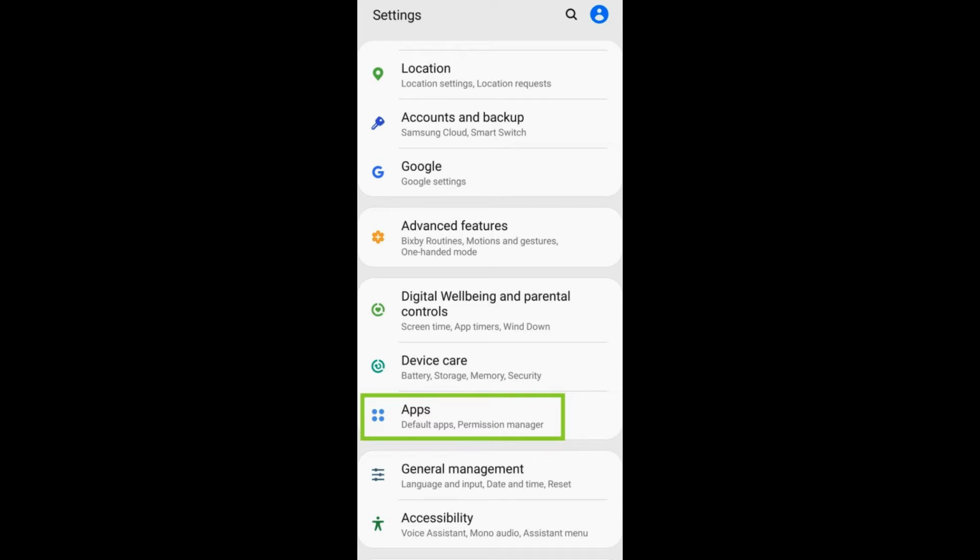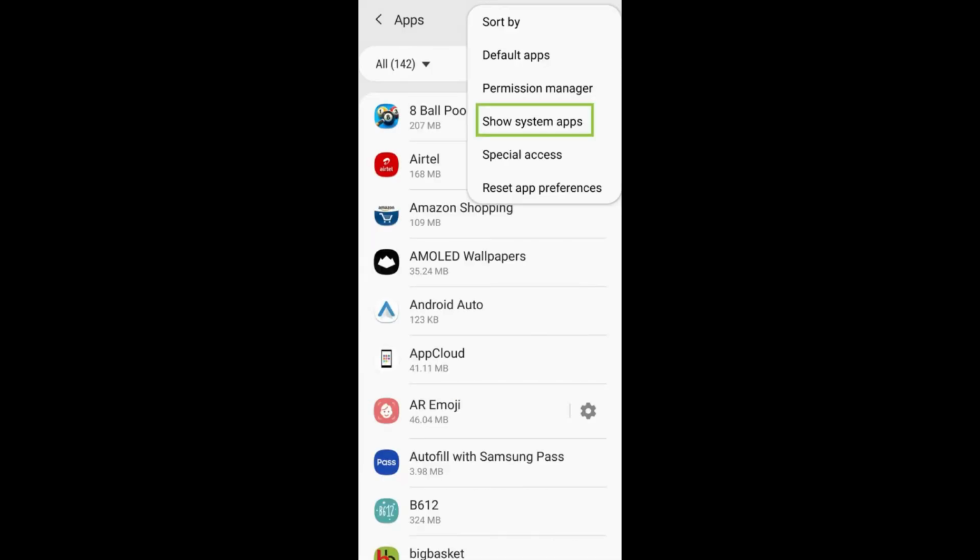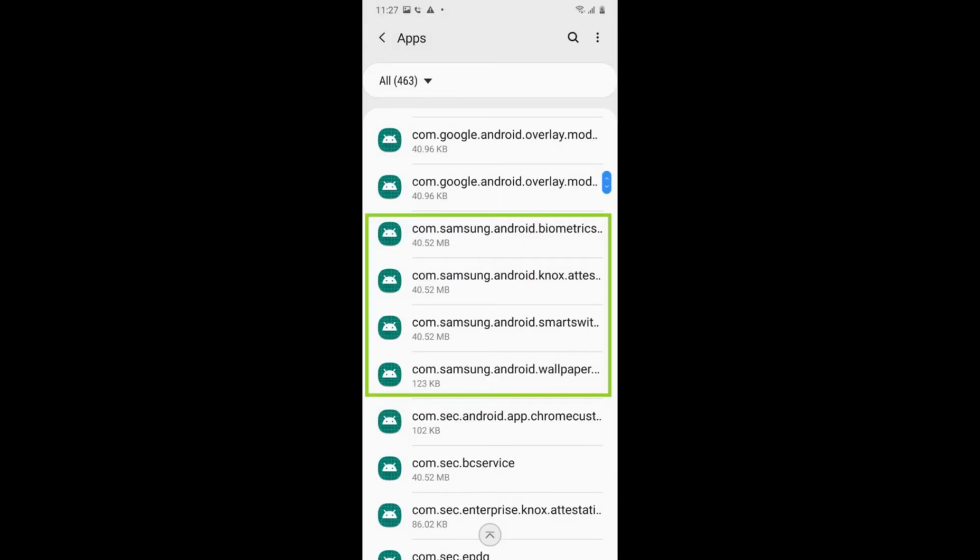Navigate to settings and then click on apps. Then go to the apps and find phone in all the applications. After that, look for com.samsung.android.incallui. Then tap the three dots, search for it and select show system apps. Then go to the system apps, then open each one of these and wipe the storage in each one of them.